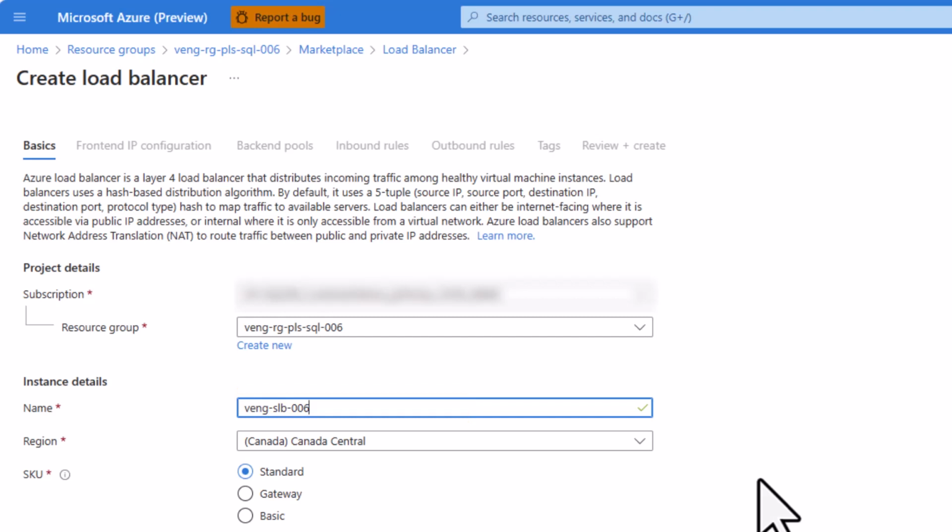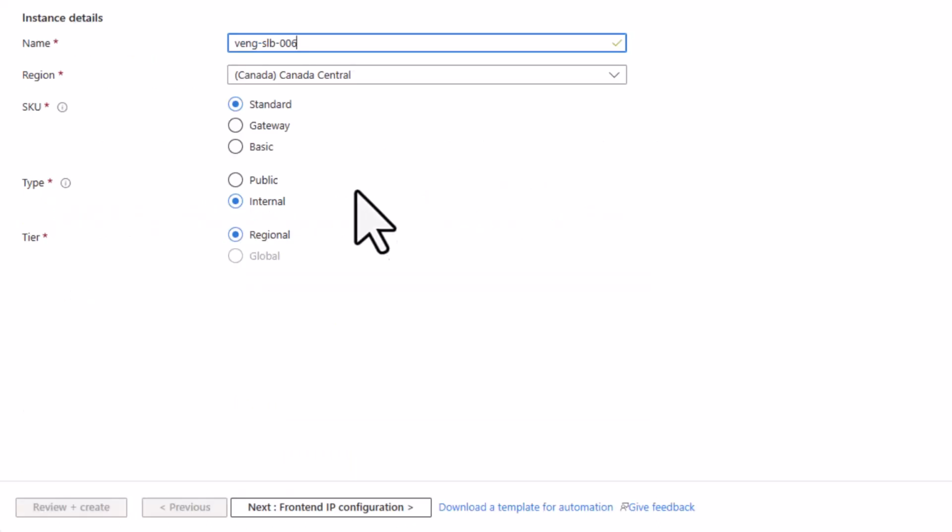Select the region. And for the SKU, it is very important to select Standard SKU because the private link service will work only with standard load balancer. It will not work with a basic load balancer. For the type, I am going to select an internal load balancer, leave the tier to regional, and go to